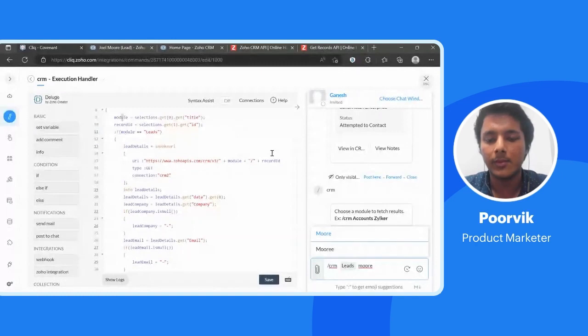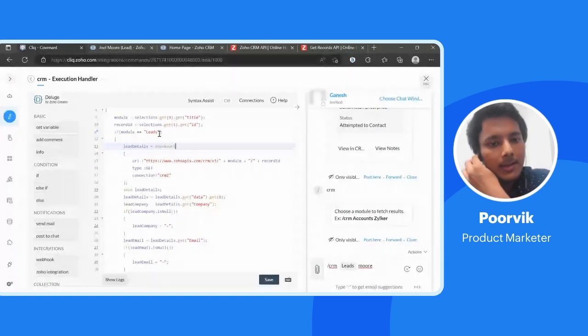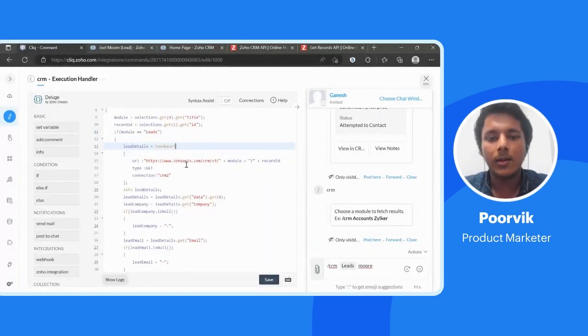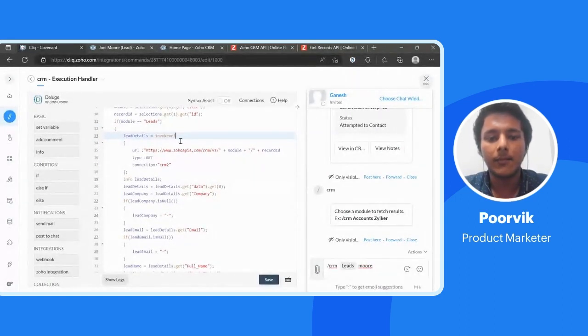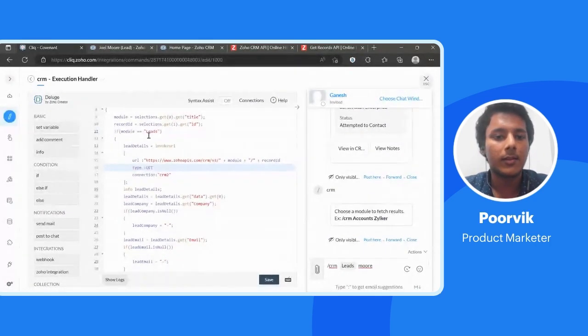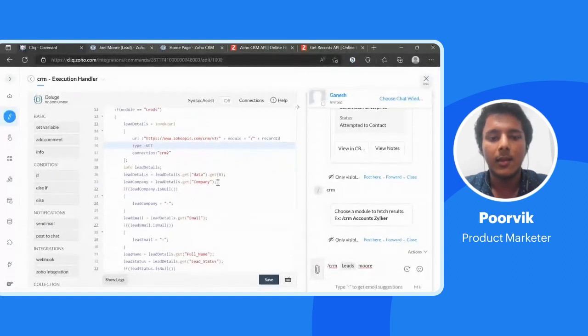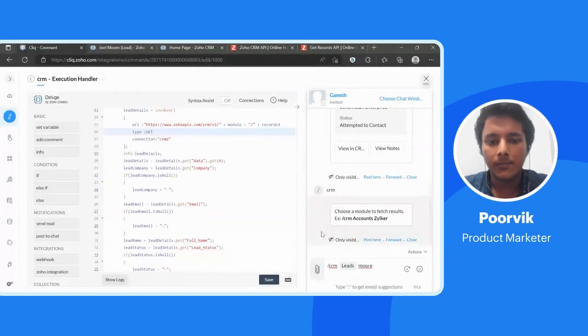So we have the module title and the record ID in two variables. If it's leads, then we use the Zoho CRM API to search for leads. We replace the module name and the record ID with these variables, and after that,